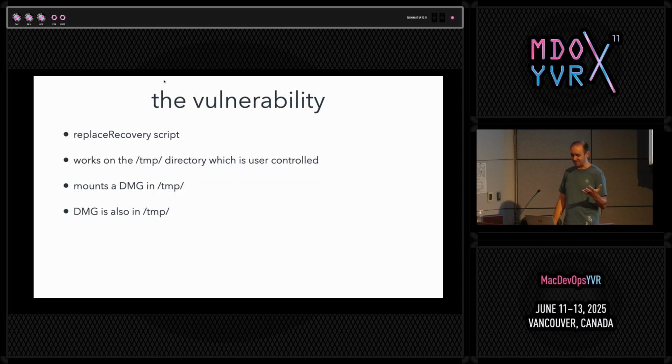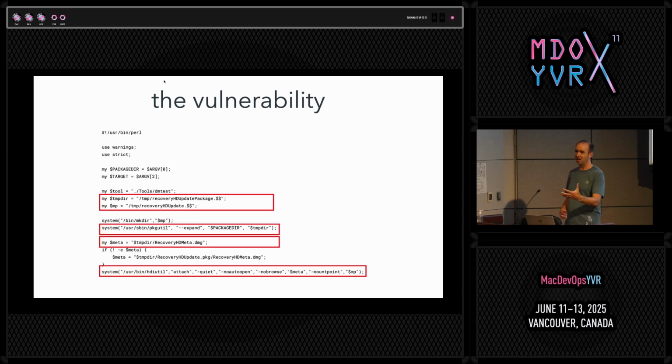It has a replace recovery script, and again it was working inside the temp directory, which is under our control. So what it did, it dropped the DMG file into the temp directory, and it mounted that DMG file also inside the temp directory. So you can see that it will use pkgutil to expand and extract the DMG file, and then it will call hdiutil to actually attach it